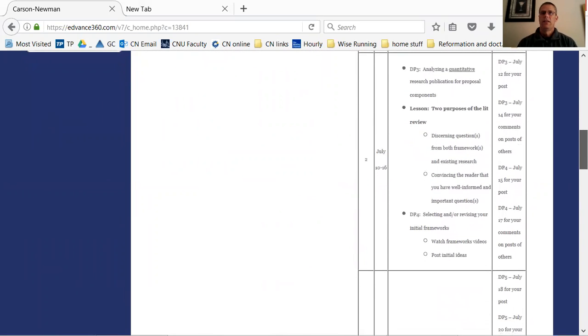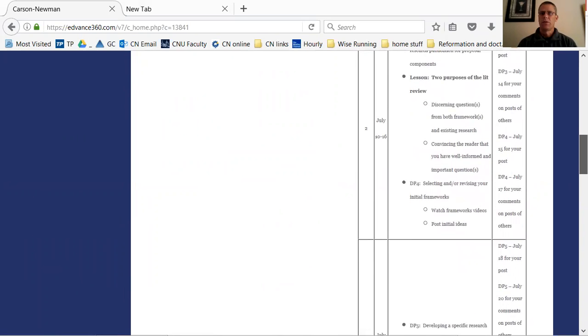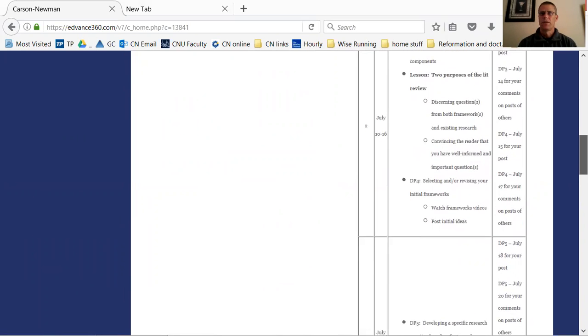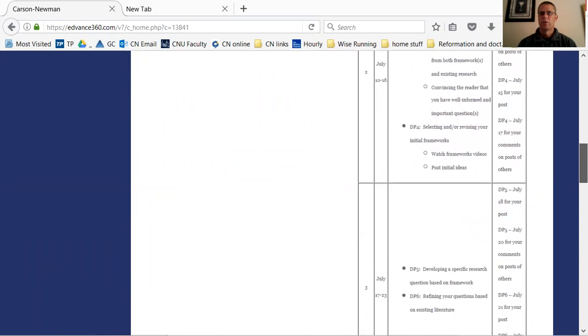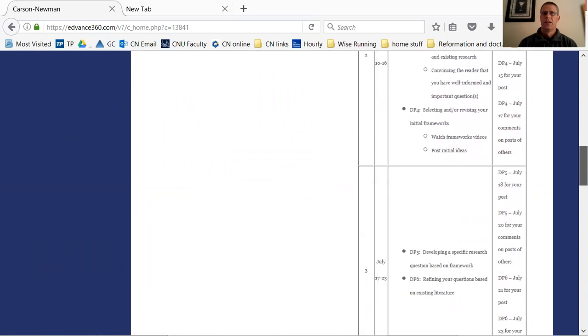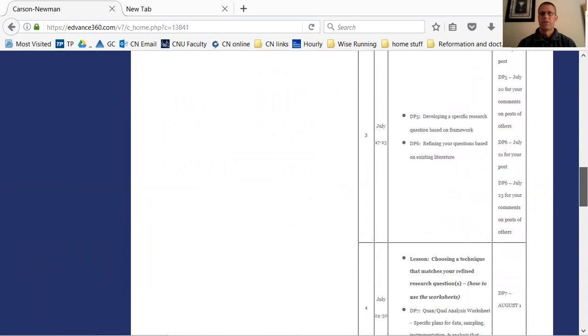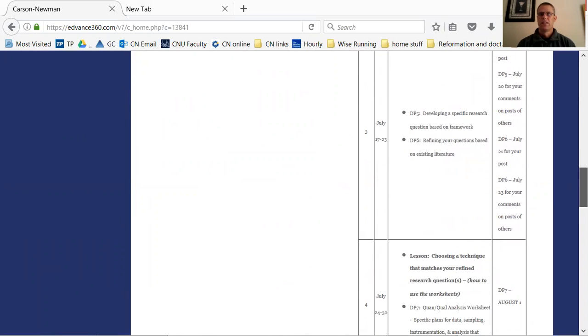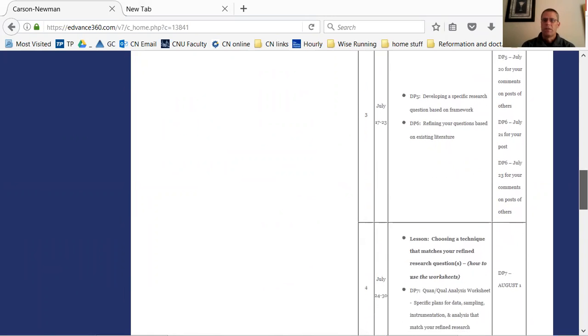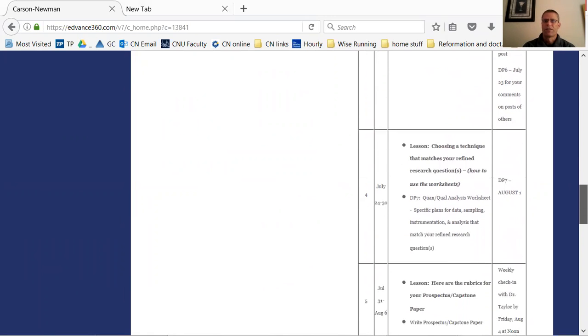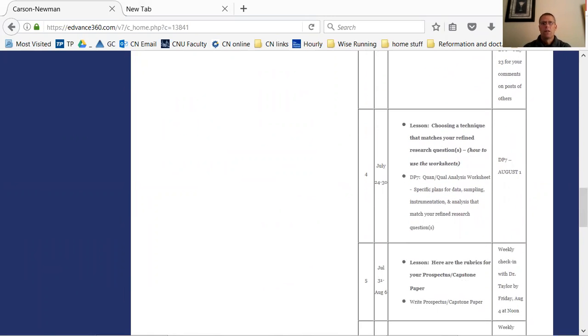And we looked at the meaning of the lit review and how to think about it in the lit review process and the lit review product. We talked about frameworks and specific questions and conceptual frameworks, theoretical frameworks, and over the last week, in week 4,